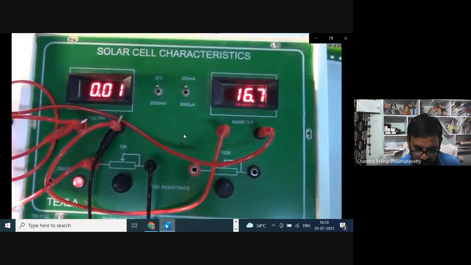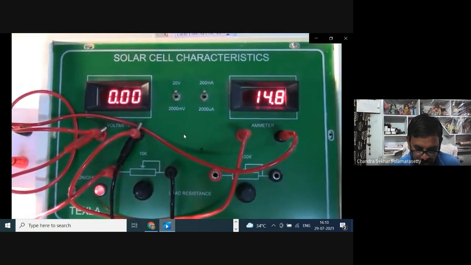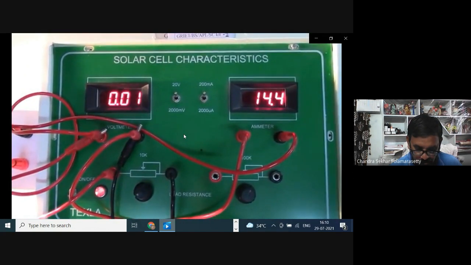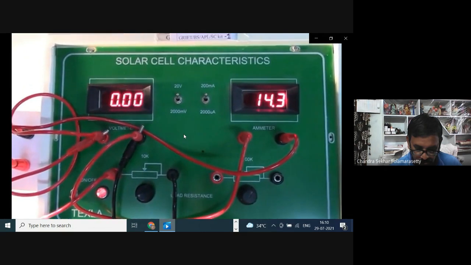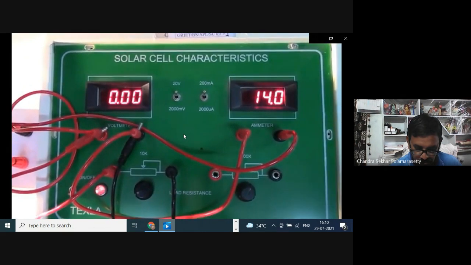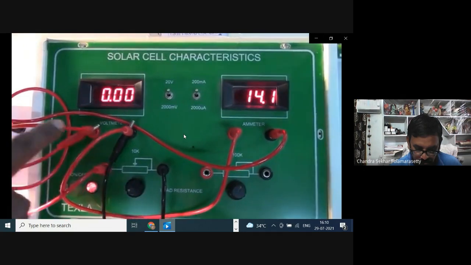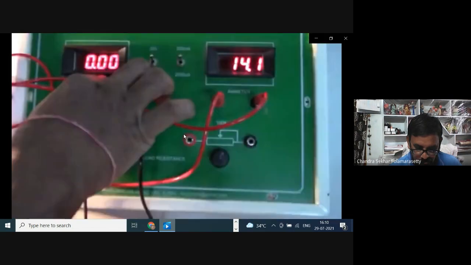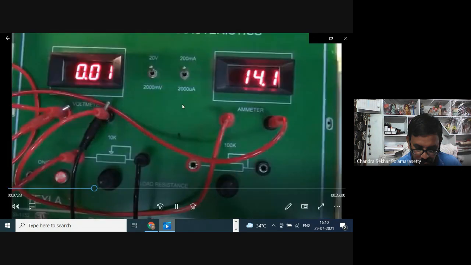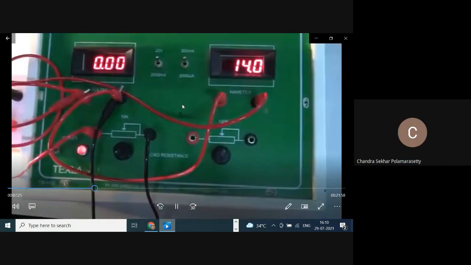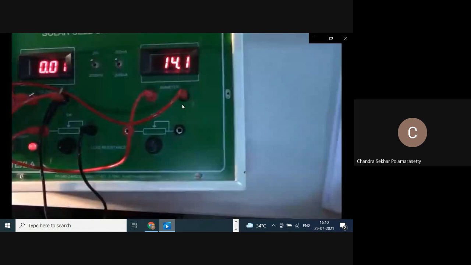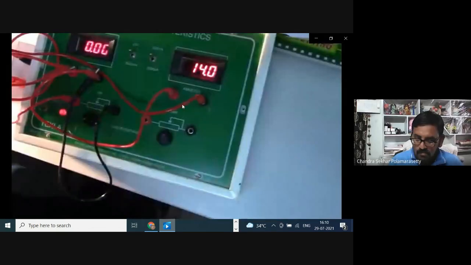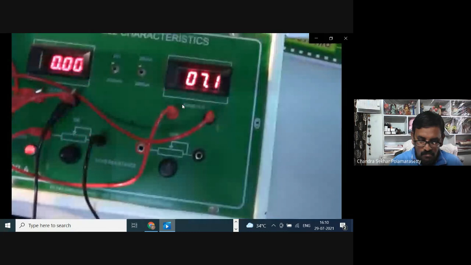So students, is the circuit completed? No. Here the load resistance is left over. So we have to connect the load resistance in parallel with the voltmeter. For that purpose, I am taking a connecting wire, and I am taking another connecting wire. These two ends act as a load resistance because they are connected to the resistance part.